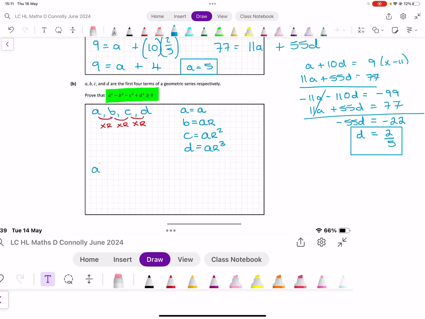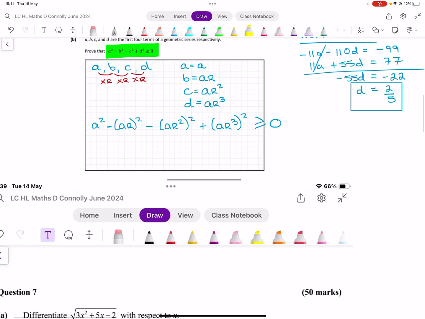is A squared minus B squared minus C squared plus D squared. And we're trying to prove that that's greater than or equal to 0. So essentially greater than or equal to 0 means we're trying to prove that it's positive. Generally, when we're trying to prove that things are positive, we're looking for things to be squared. Now, I appreciate here everything is squared, but also there's minuses. So anyway, it's A squared